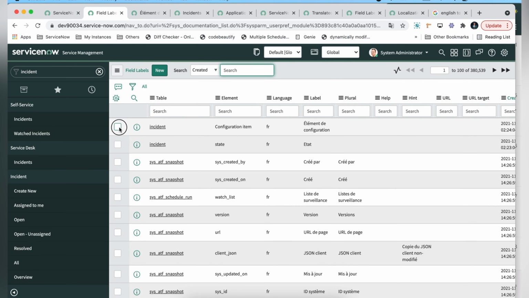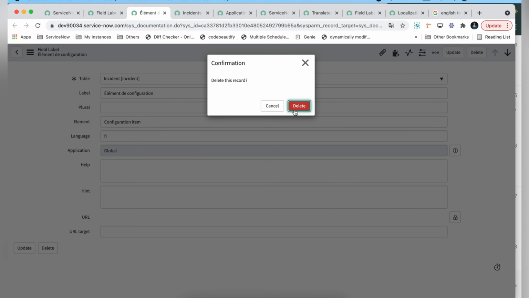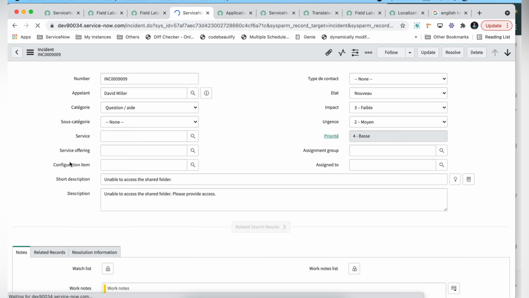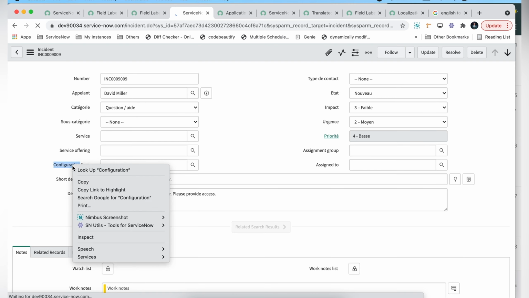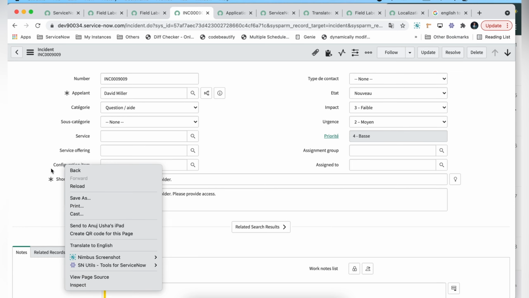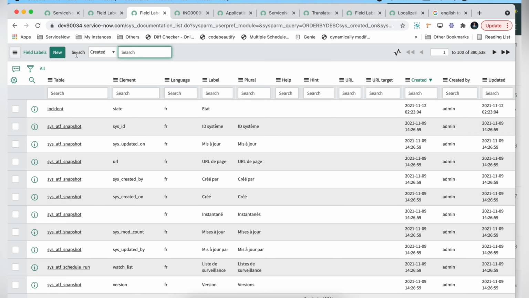So let's delete this one. Check what exactly. cmdb underscore ci, it's correct. So let's create one more time.